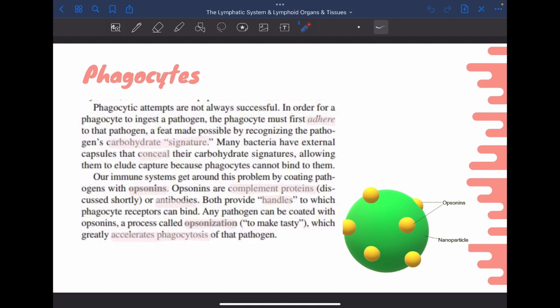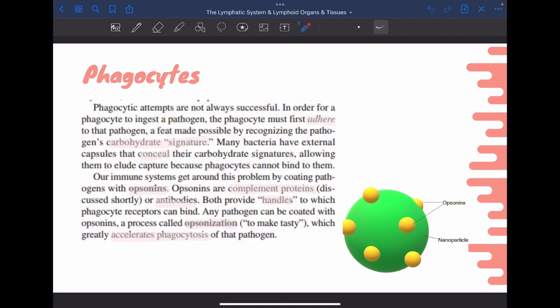Sometimes certain pathogens have a means to hide from the immune system, and they add a capsule on top of them, and they conceal their carbohydrate signature structure. So ultimately the phagocyte is blind to or incapable of recognizing this pathogen. So a way for the immune system to fight against this specific pathogen is via